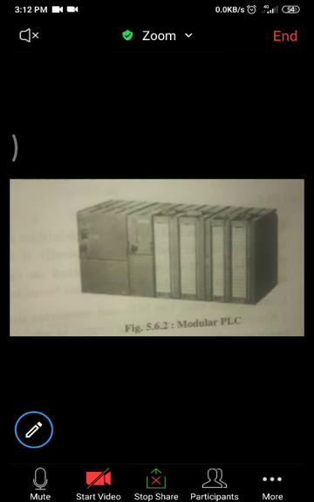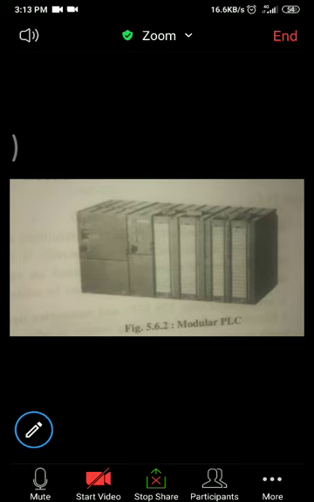As the name suggests, a modular PLC is one that can be constructed using separate modules such as power supply, CPU, input outputs, timers, counters, ADC, DAC, communication module, and expansion module. Unlike the unitary PLC, this modular PLC has this many types of modules. So it has a separate power supply module, a separate CPU module, separate input output modules, timers, counters, ADCs, DACs, and communication modules.